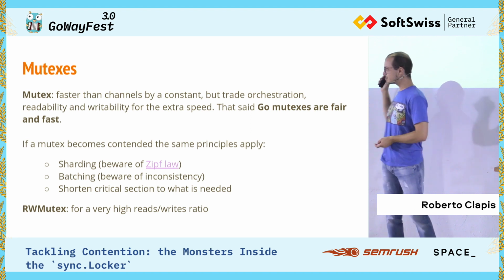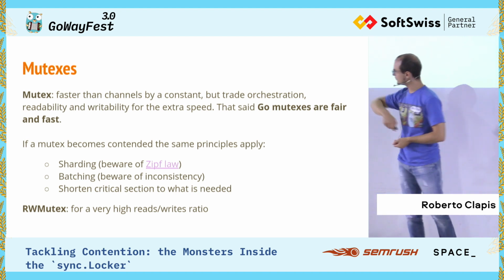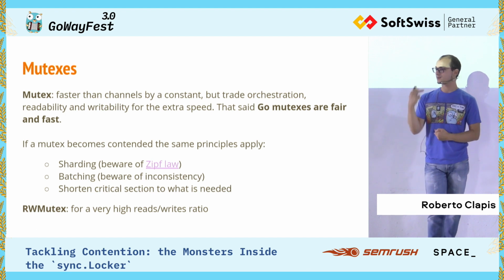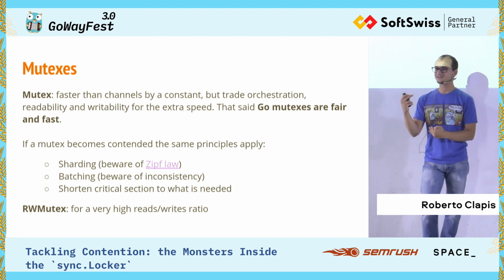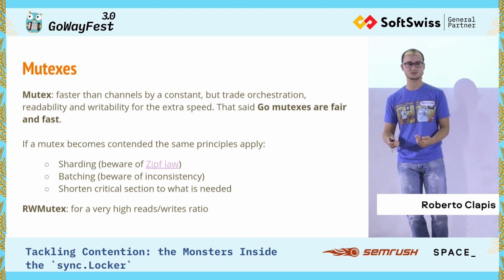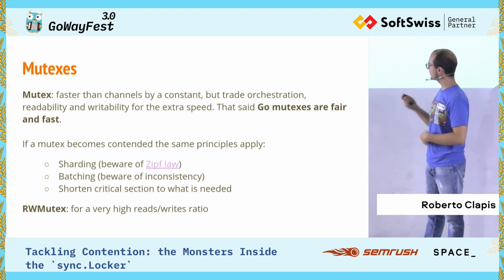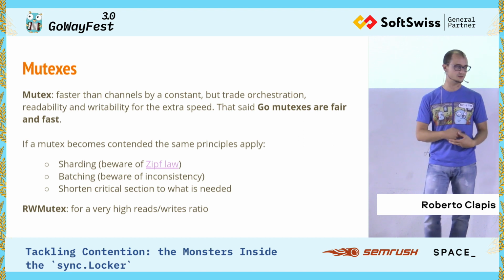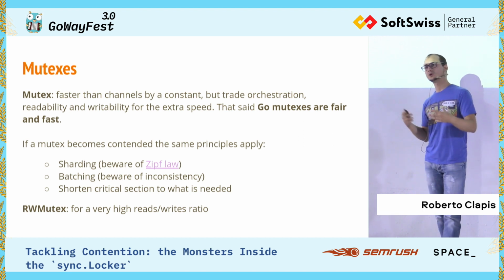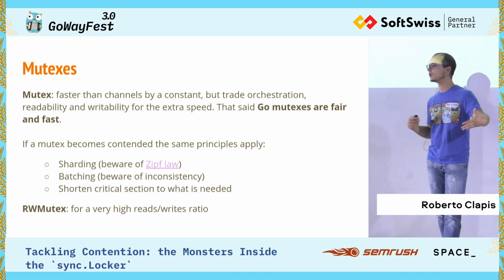One other thing that is there in the standard library is the read-write mutex. This comes in when you need to write just every now and then to the central state, but you need to read a lot from it. This allows you to have very, very fast code in the read part that should be the hot one.